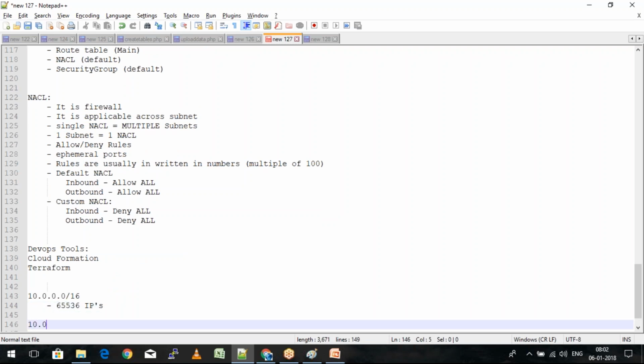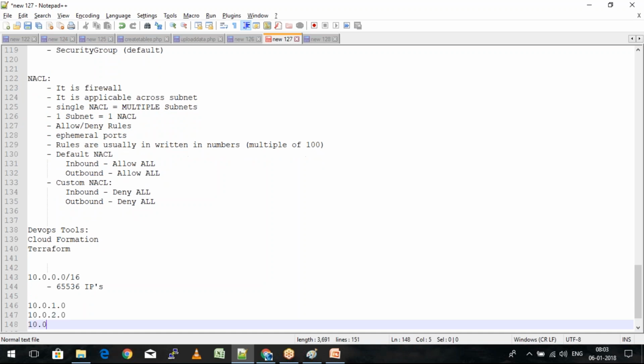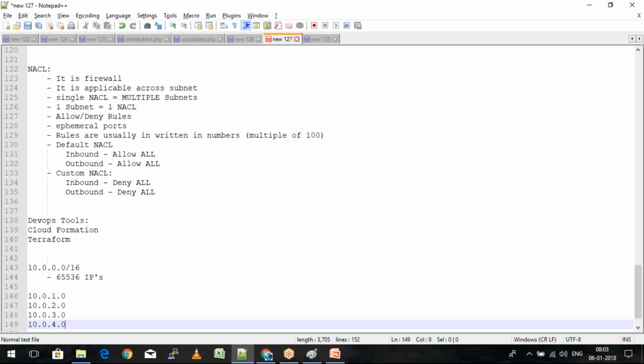So what I'm going to do is I'm going to create 4 subnets. So first is 10.0.1.0, second is 10.0.2.0. Then I'm going to create 10.0.3.0, 10.0.4.0.